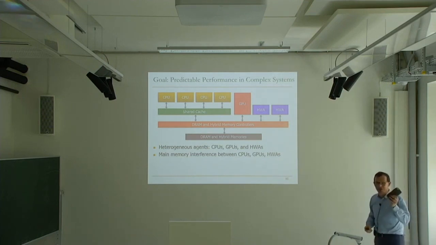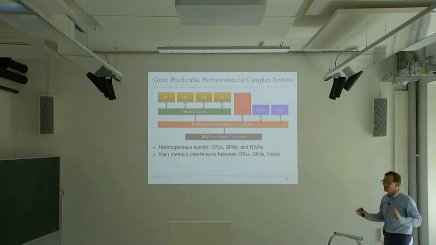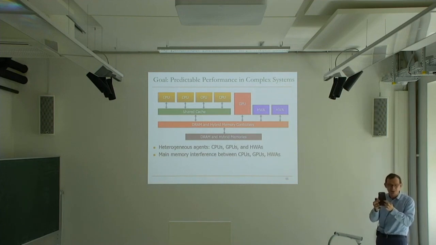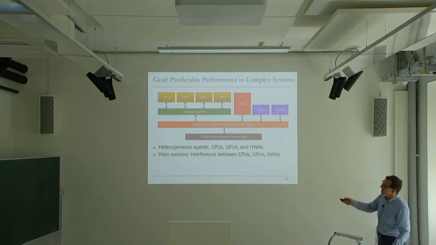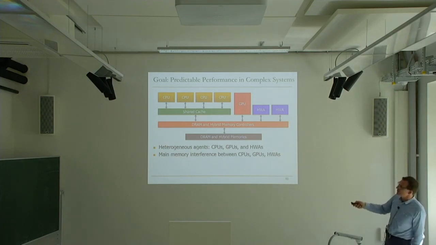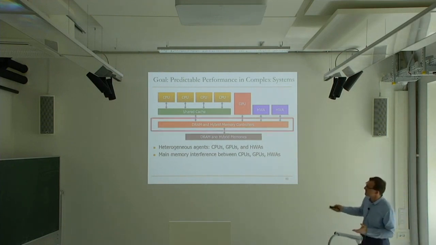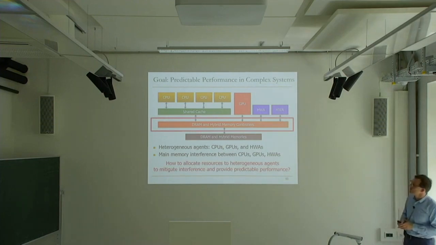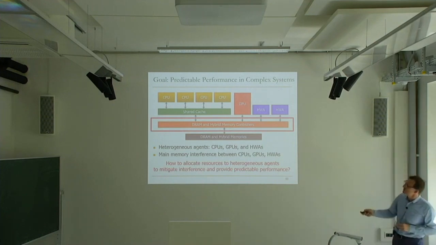And if you look over here, the memory controller is really shared by at least 10 or 15 different types of accelerators, I'll call them. So it's a lot. In my opinion, when I look at the system, memory control is really the center of the world, even though the processing is done in these agents over here. And also on the other side, the memory side is also getting more complex. As we add hybrid memories, you need to consider them in the memory controller. Essentially, this problem is getting worse, basically. And one of the key issues is how do you allocate resources to these heterogeneous agents to mitigate the interference that they're having and provide predictable performance.